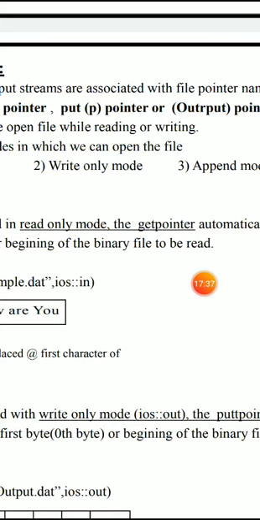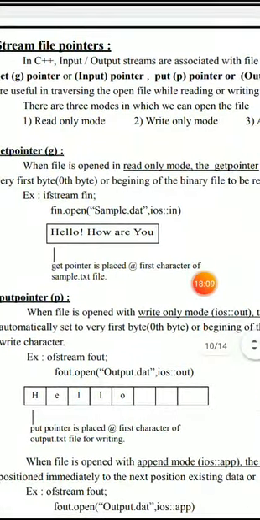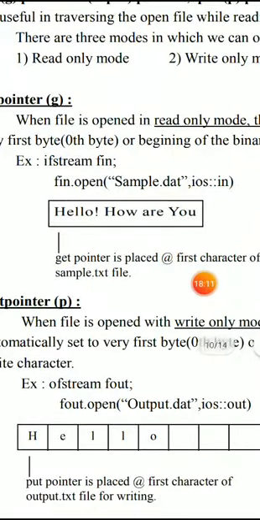Initially, when the compiler detects that the user has opened the file for reading purposes, it automatically places the get pointer at the first character position, so that the first character of the file content will be read by the program. After reading one character, the pointer moves to the next character till the last character of that file is reached. In order to carry out a reading operation from the file character by character, we can make use of the get pointer. Actually, the get pointer belongs to the ifstream class.